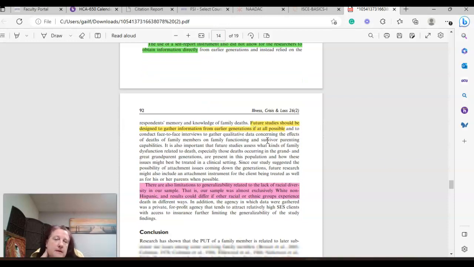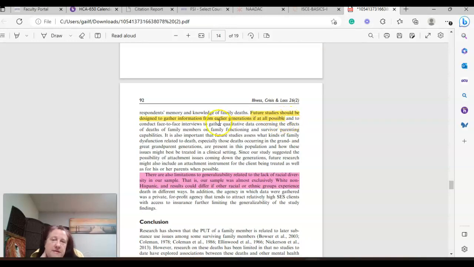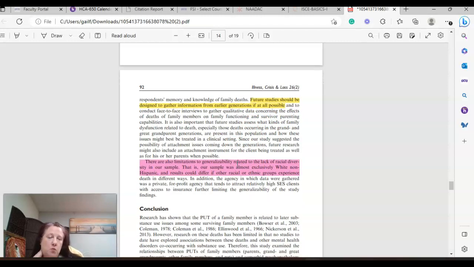you cannot. Also, future studies should be designed to gather information from earlier generations if possible. So this study actually looked at grandparents and great-grandparents of the people who actually, let's see, I have to remember back to the study, the people who actually, let me think and get my thoughts straight. Whoever actually,